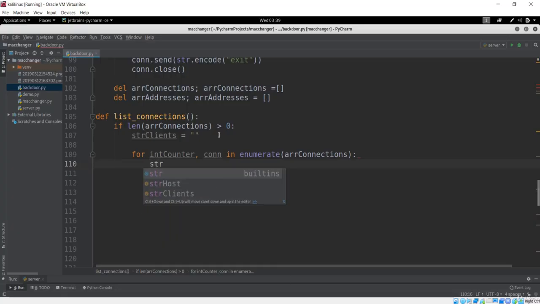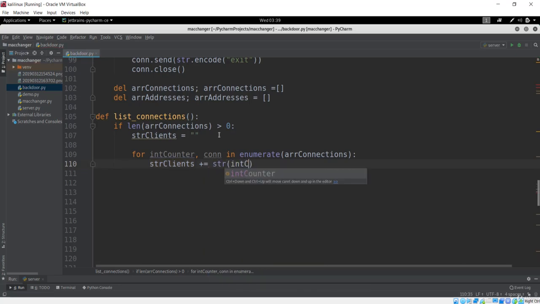Before that, I want to get this string clients and add all the information to here. And the first thing I want to do is the counter. Counter is basically the random number, so it will assign from 0 to 3. So we'll make the counter, and let's add this. This counter should now be added.